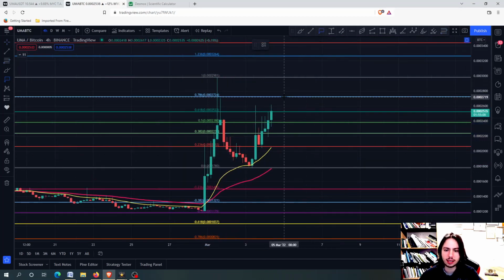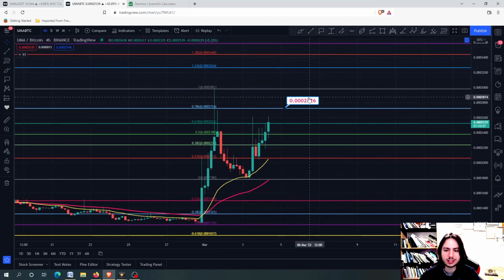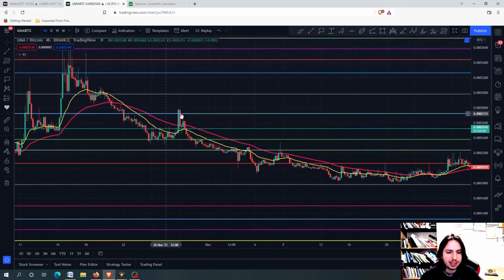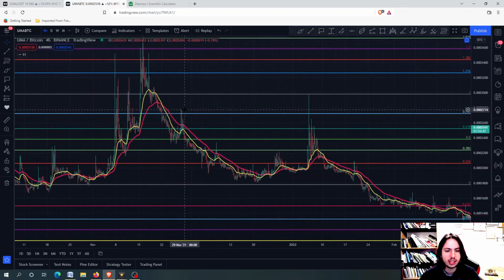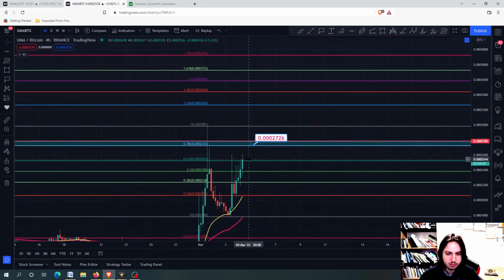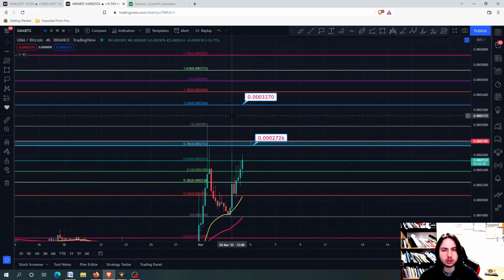So I would say that in order to go higher, we need to close above the 0.302726. It is a very strong sub resistance level area. Sorry, you can see back then we had it as a resistance level, okay, around the 0.302726. And of course, this whole area right here is a very strong resistance level area. If we can manage to go further higher than this one right there, then what we can do is to go to the next target, which will be the 0.303270. Okay, can we go there? Yes, we can go to the 0.303270.